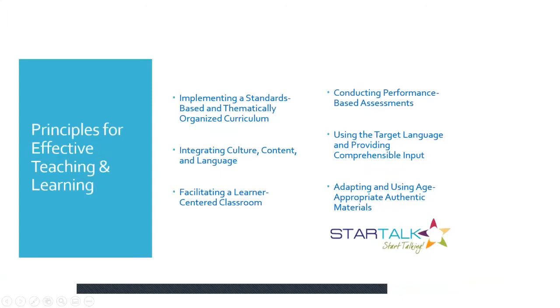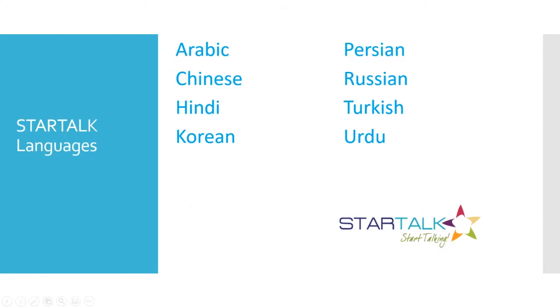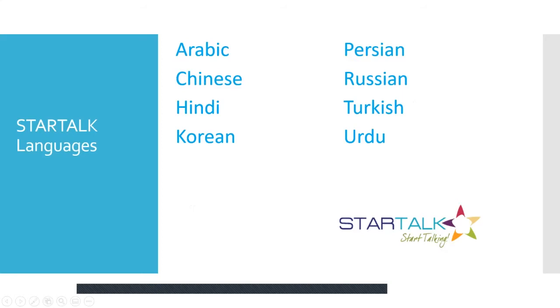You will see these are interactive activities and games that kids just love. And happily, I was able to find all of the StarTalk languages on Wordwall.net. I found examples of Arabic, Chinese, Hindi, Korean, Persian, Russian, Turkish, and Urdu in the appropriate characters and alphabets